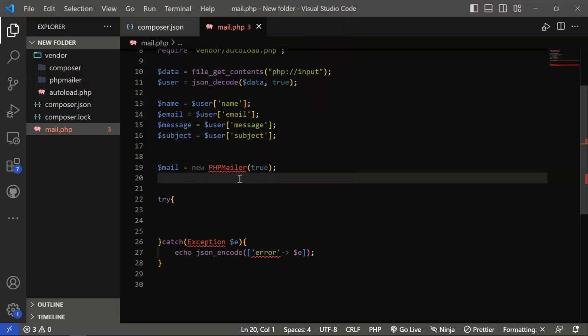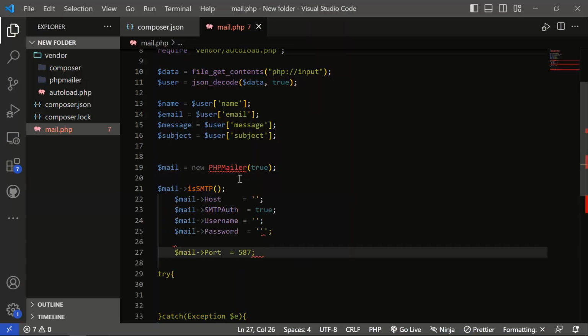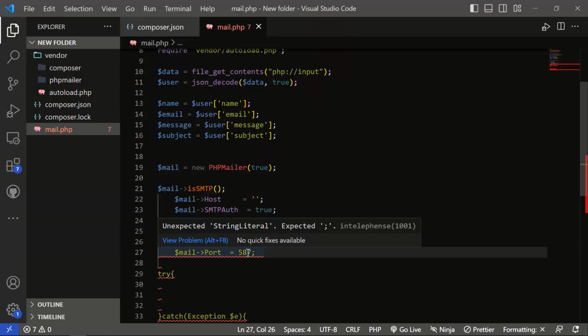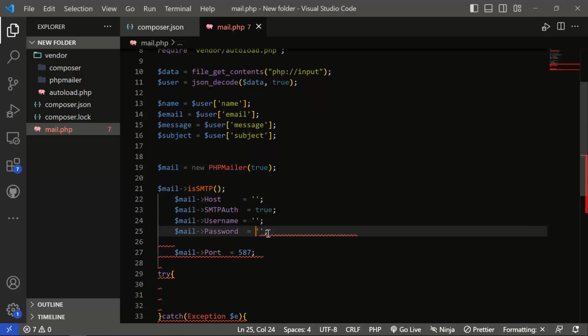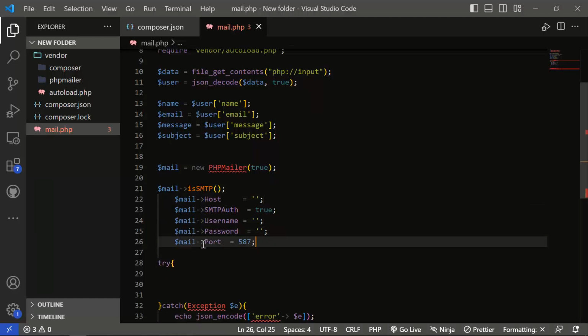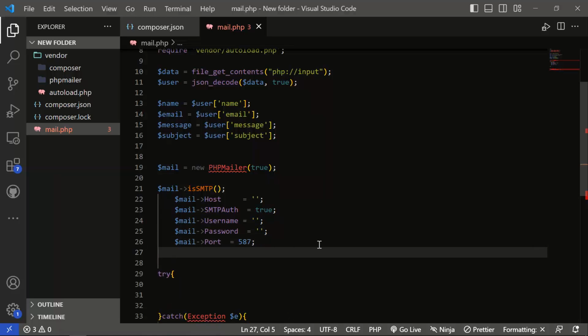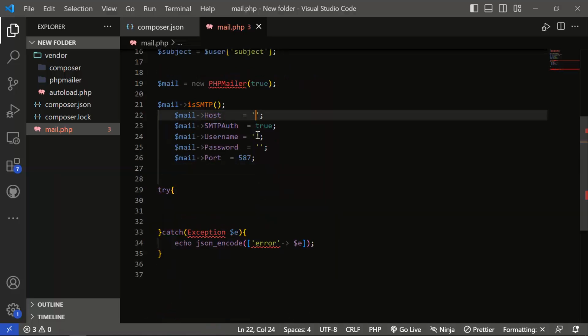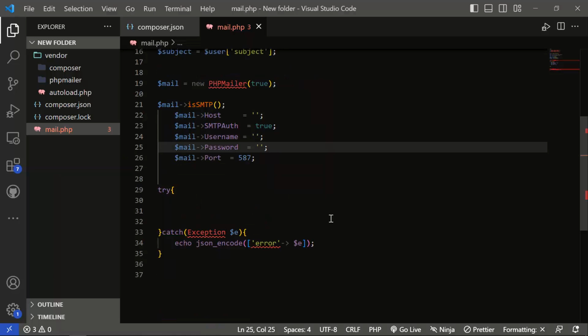So I'll just copy it so I don't waste so much time doing this. I'll have to remove these. This is where you're going to place most of your information and your connection. You're going to place your host, your username, your password, then your port inside here. Then once you're done with that,